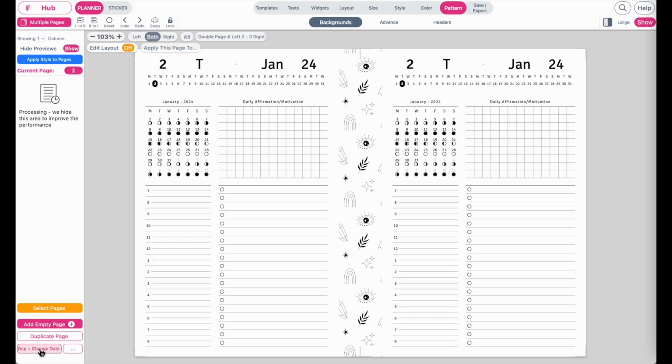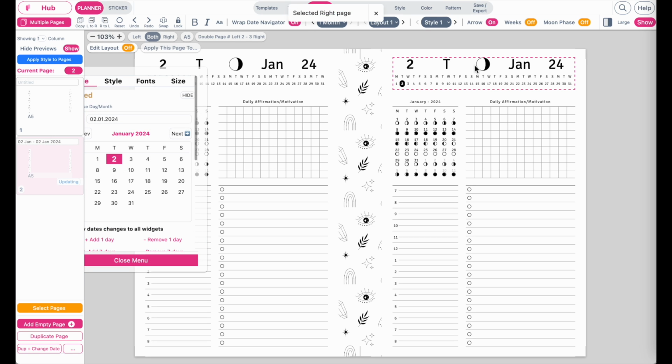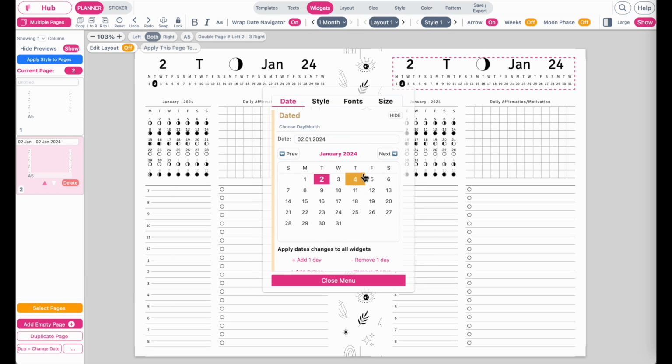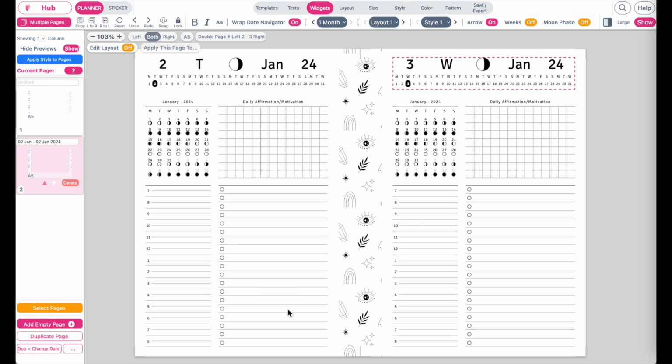Okay, like this. It will add you a new page, and it will also change the date. So you want to have it like the following. Your right side on page 1 has to be the day you want your planner to start in, which in my case is January 1st. Then on the second page, you want to continue January 2nd, and on the right side here, it should be January 3rd. So I'll manually change it to January 3rd. Okay, and then from this page on, you can now click on this